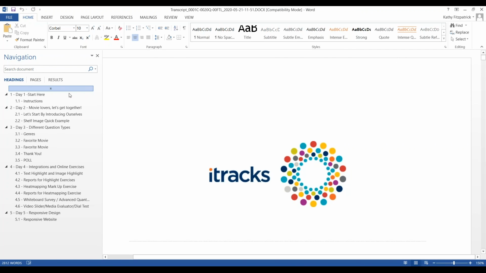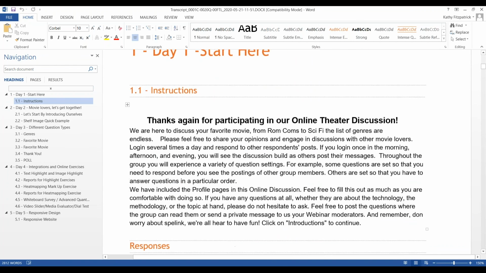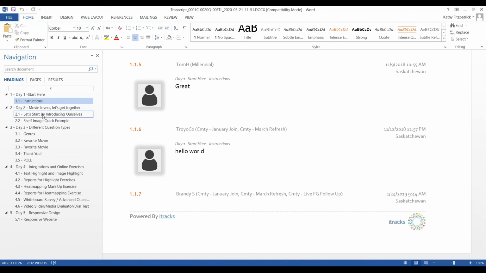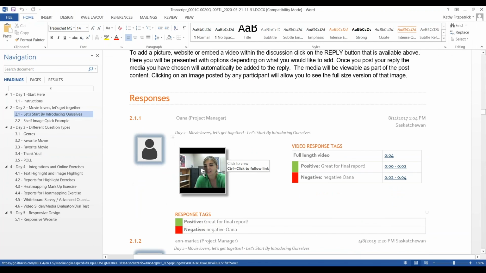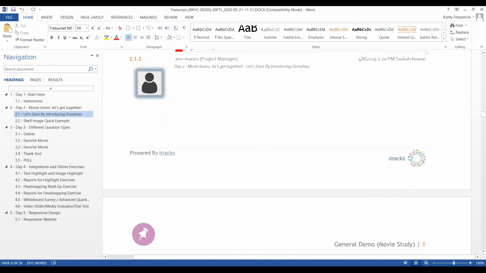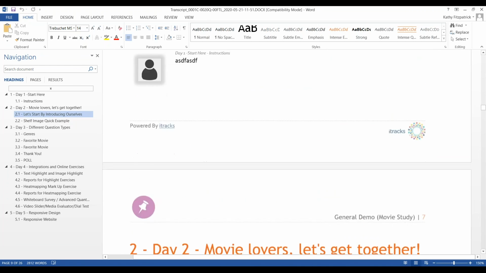You'll see you can look at it with a navigation pane. It would have your brand here. But what I wanted to show you is that all of your notes, oh, they're not showing up. Let's see if, yep, there we go. So if you remember, we use this clip right here to generate this video. We use it to generate a quick clip. You can do that, and then in the actual transcript, you can see what was said, why it was said, great for final report.